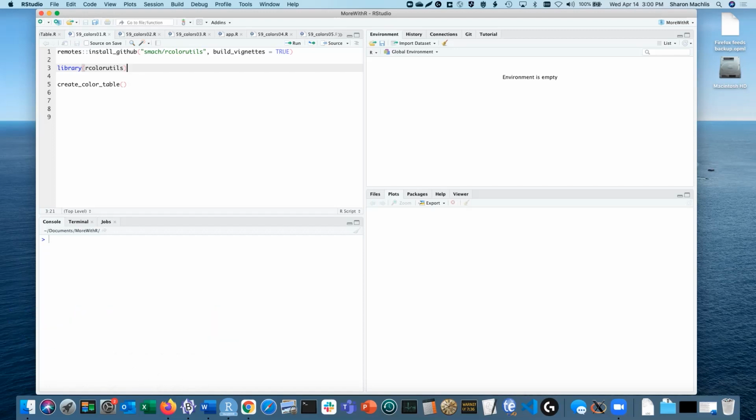R colors and palettes. Let's start with single colors. There are more than 650 colors built right into R. They let you use color names instead of hex codes or RGB. Want to see them? The colors function lists all the color names, but that doesn't help you see them.